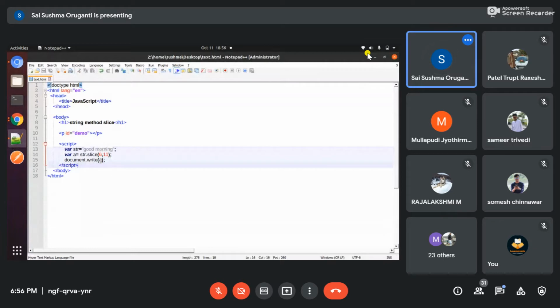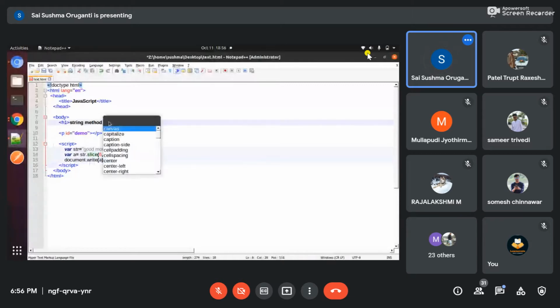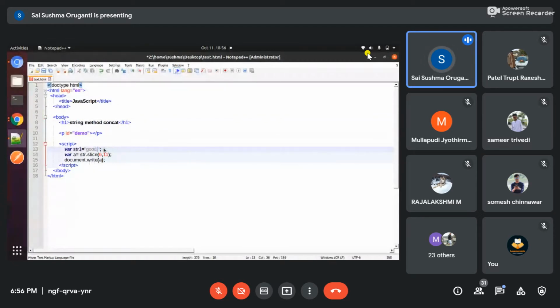I will show you how concat works. Concat means adding two strings. So here I will declare one string, str1 as good, and I will take another string str2 as good people. Var a is not necessary for concatenating.